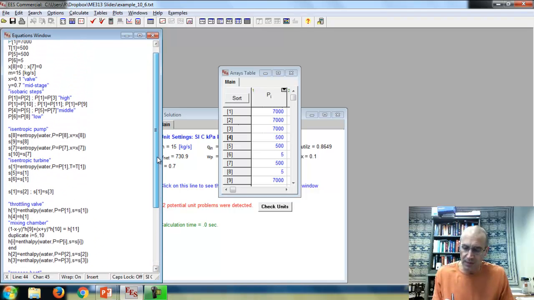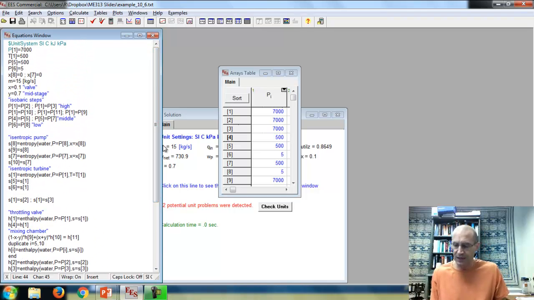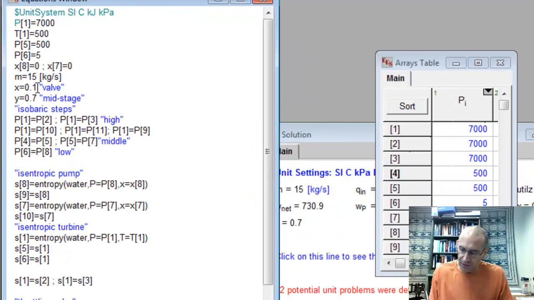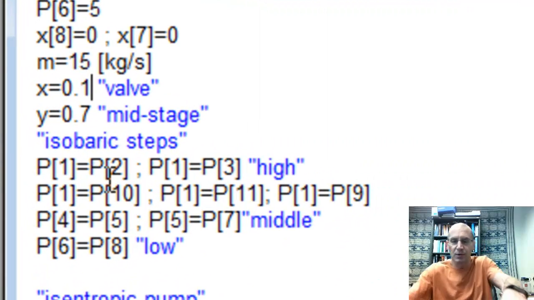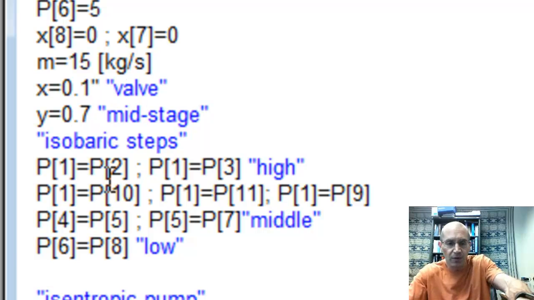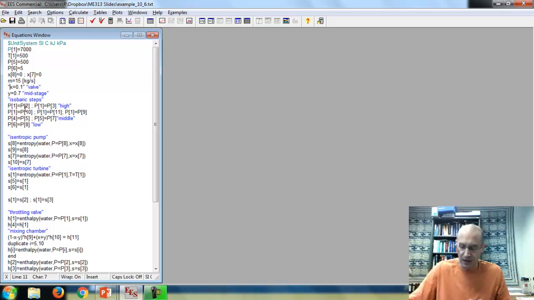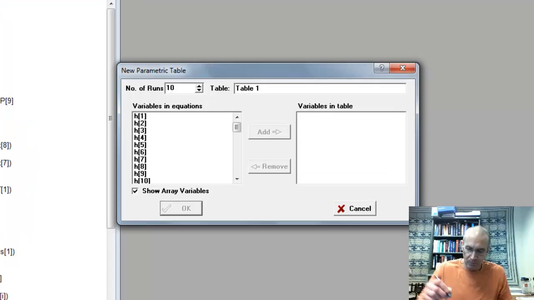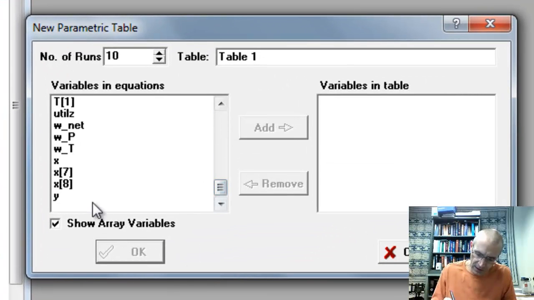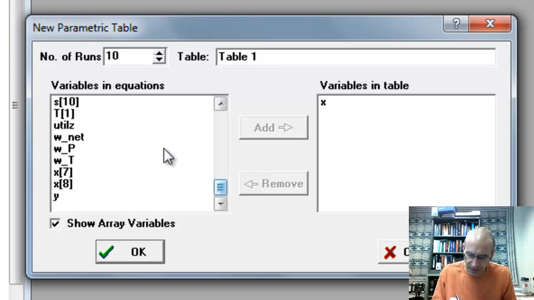Now there's a couple things we can do. Let's look at this a little bit more and find out, for example, we'll use EES here, like what would be the effect of opening and closing that valve? So remember, if I want to look at the effect of something, I'm going to comment that out and then create a table. So I'm going to comment out X, which is 0.1. That's the fraction going through the valve. And I'm going to go ahead and create a table. And so we're going to vary the value of X. And let's look at how that affects things like the utilization factor,